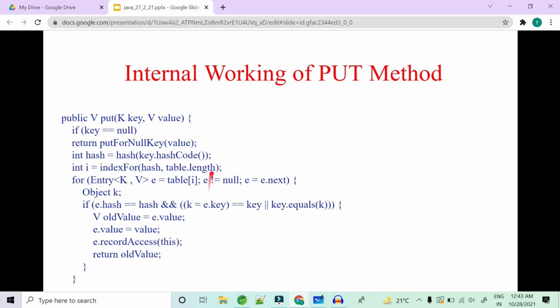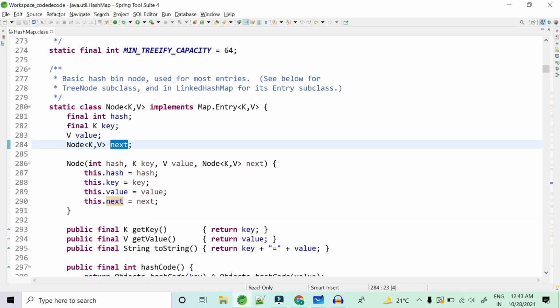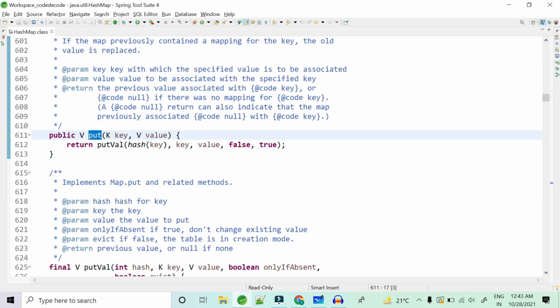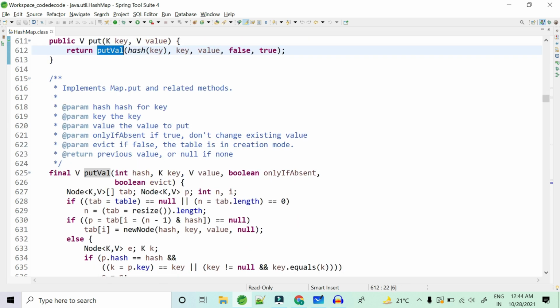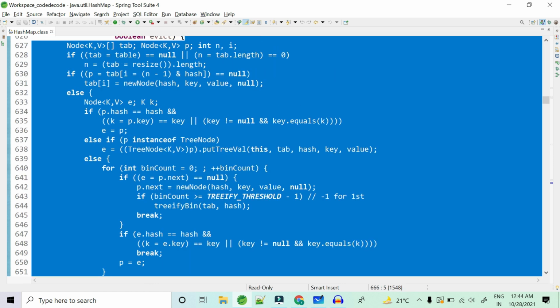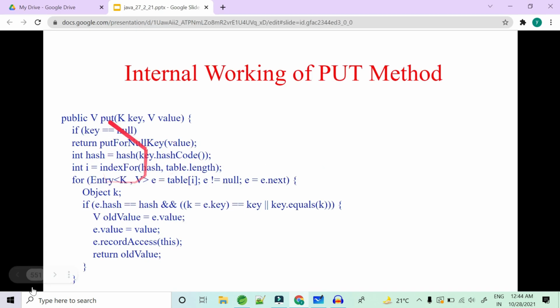Now if you see any explanation on any of the blogs or anywhere for the put method like this, then this is the wrong place to study from, because this was the old implementation. Now I'm going to tell you how it changed, where it changed and why it was changed. So the put method now looks like this, just one single liner. No, it's not. It's the putVal method, which is the real method that does everything for us. This is the new code, which I'm going to explain to you. If you find the old one anywhere, this is the old code.